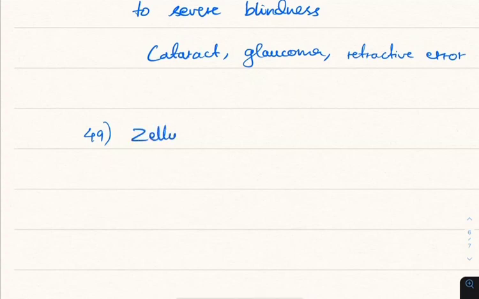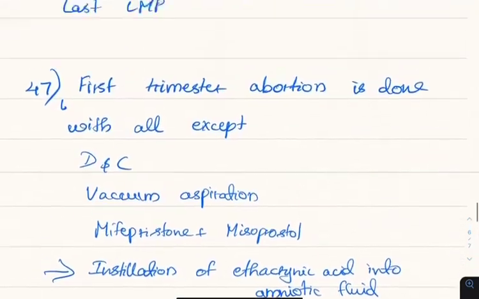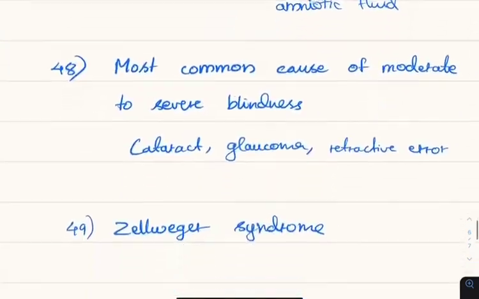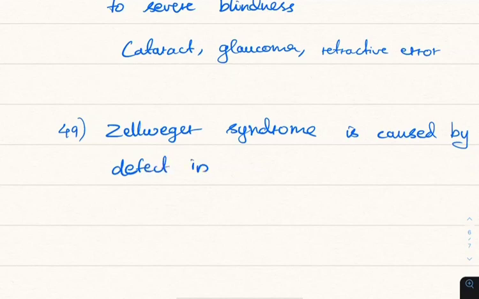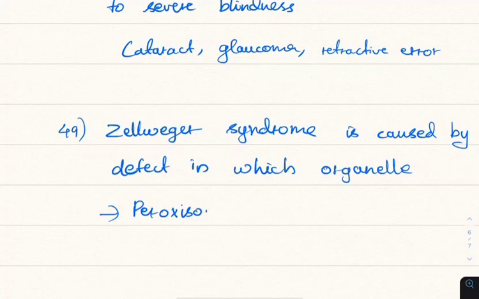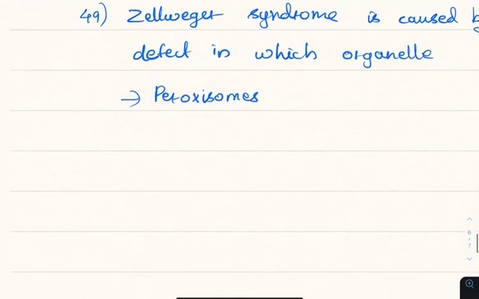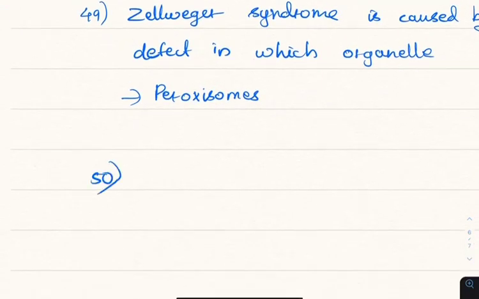Zellweger syndrome. Okay, 49th one. Zellweger syndrome is caused by defect in which organelle? So the answer to this is peroxisomes. This was again a direct one. And next question is